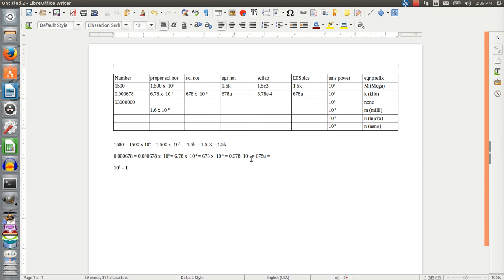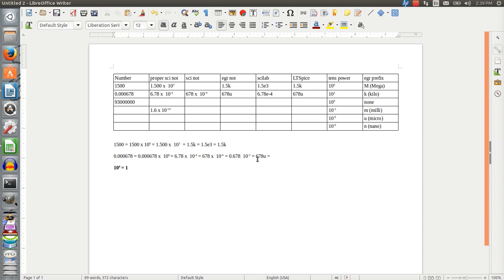I could have gone to milli. I could have made it 0.678 milli. Just move my decimal the other way to get to the table. Ordinarily, though, you're looking for something with a number, not just starting with a decimal. Most instructors do that. Hopefully, they'll start out, get your answers right, and then worry about form